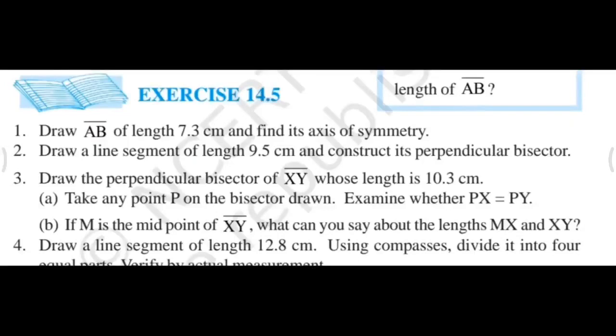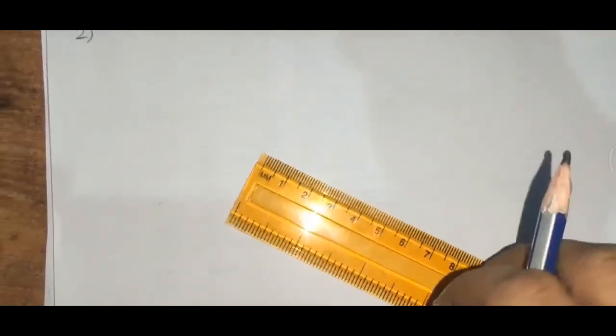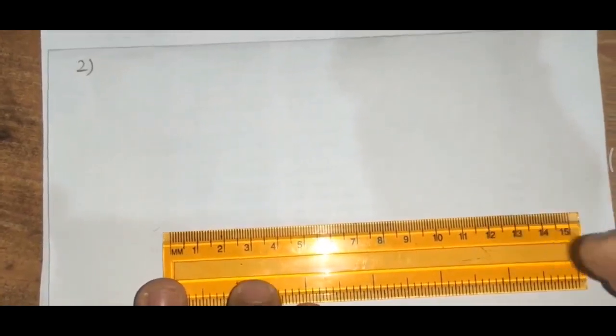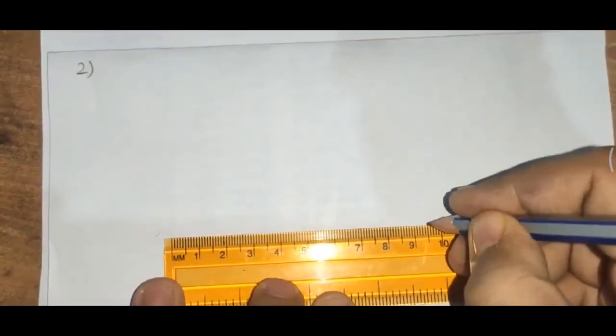This is question number 2. Draw a line segment of length 9.5 centimeter. Construct its perpendicular bisector. So here we will draw the length 9.5 and then directly draw the perpendicular bisector of that line. First of all, in question number 2, you will draw a line which is 9.5 centimeter long. This is 9.5